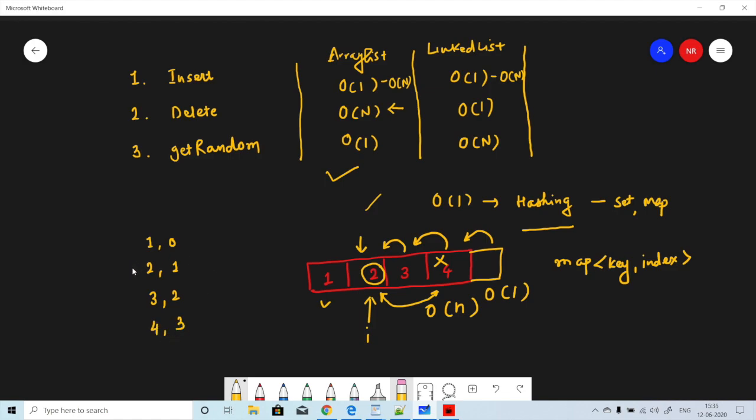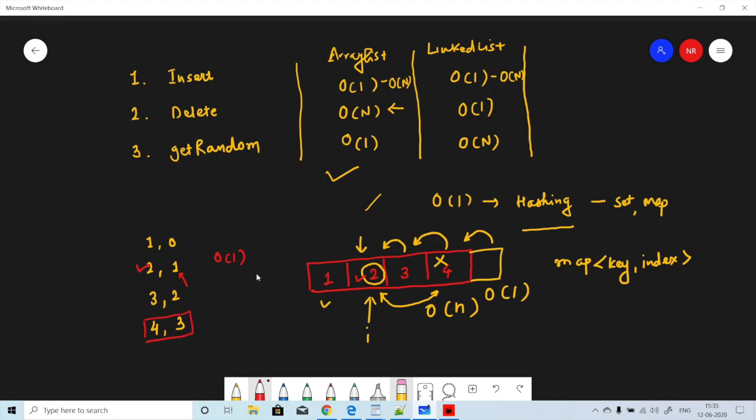Now let's say we want to delete this number 2. We will get 2 from the map, which will be an O(1) operation, and that will give me the index where my 2 is present. I will also get the last element, because I want to swap with that.